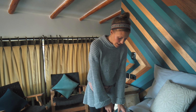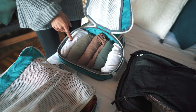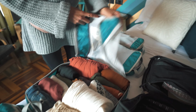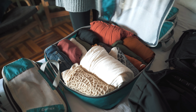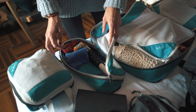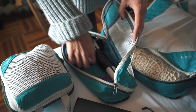And then for these compression bags, I have a few pairs of underwear, some lingerie, all my yoga clothes, so 3 pairs of yoga leggings and 3 sports bras, and a couple dresses, pants, some shorts, a couple of shirts, a scarf, and some bathroom stuff, headbands. Such a nice lineup. As if you knew we were doing a video. Yeah, it's always this clean, I promise. A straightener, some headbands, a little portable travel towel, a Diva cup,